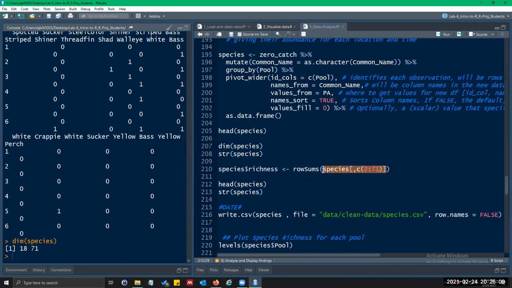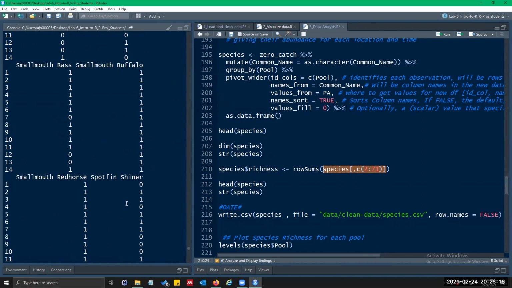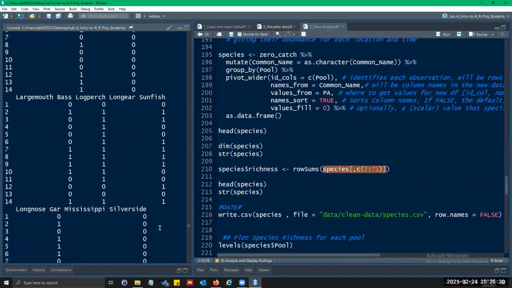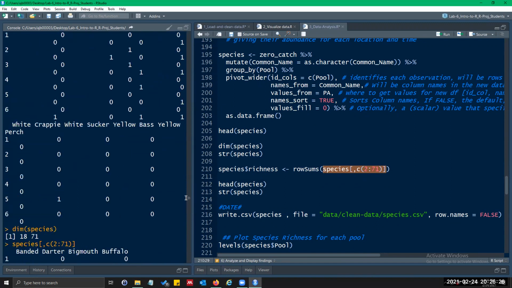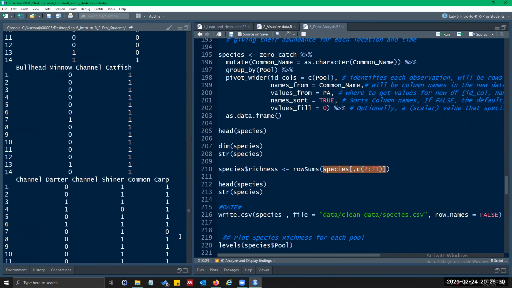So if I highlight that, control enter, you see yellow perch is the last one. If I scroll all the way up, a lot of scrolling, banded darter is the first one, which is right.